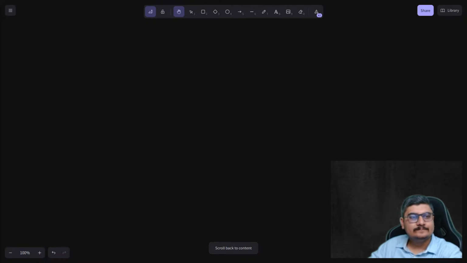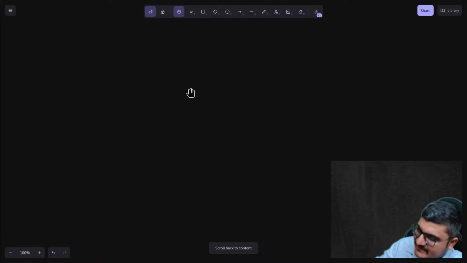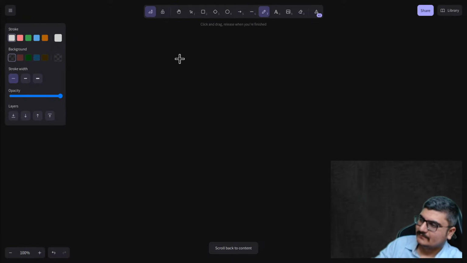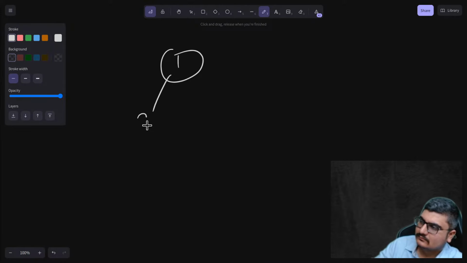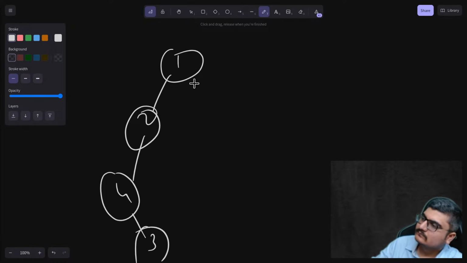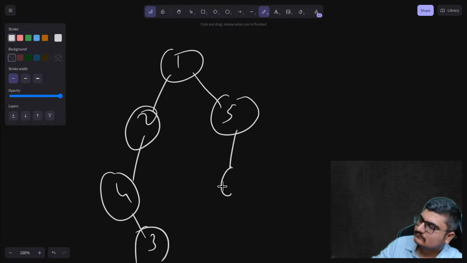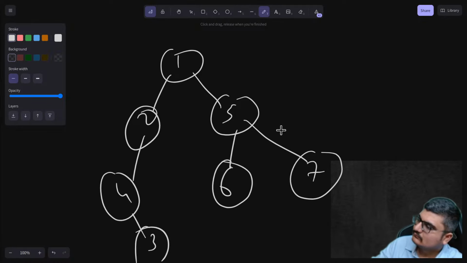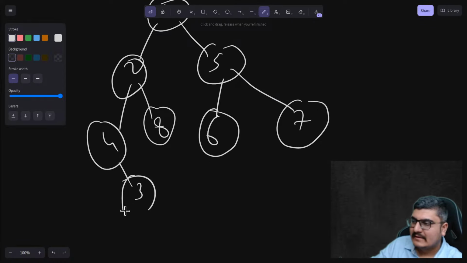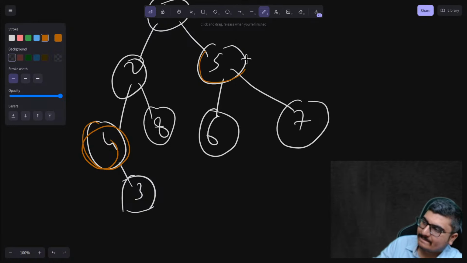Okay, moving on to C. The problem statement says there is a hidden tree. Let's just create some tree there. And what you can do is, for each query you can select any two nodes, let's say 4 and 5. If you ask a query for 4 and 5,